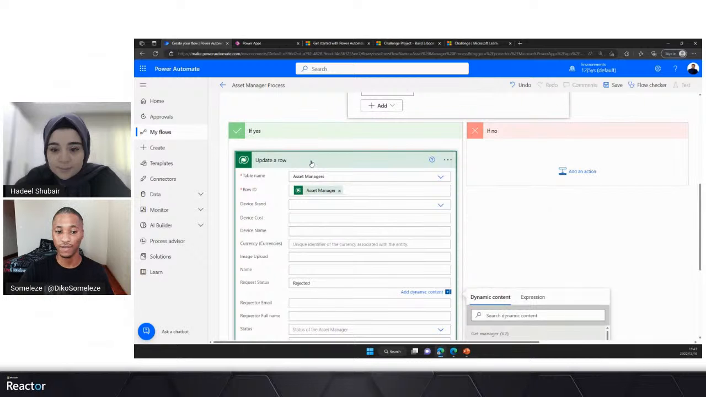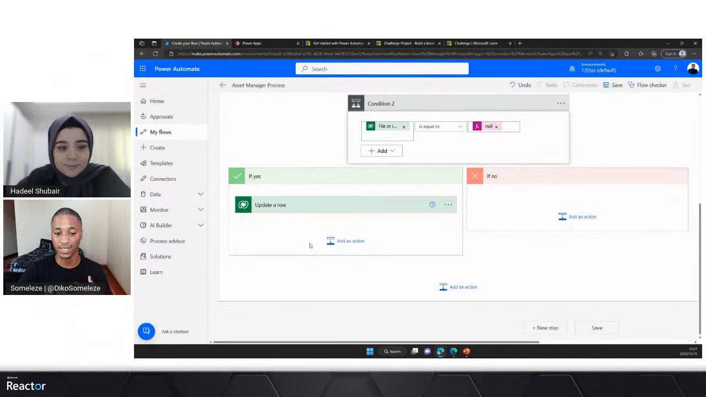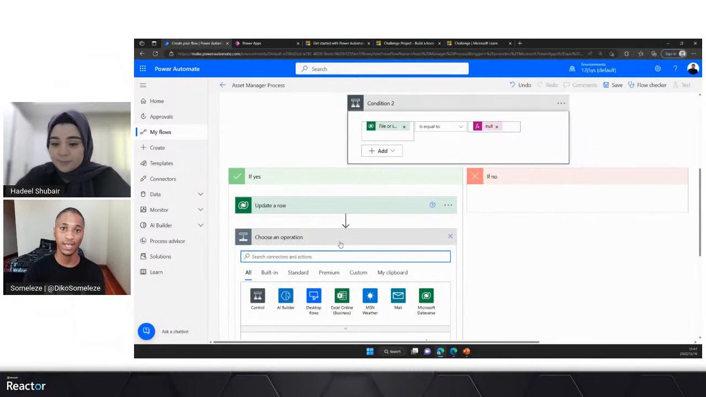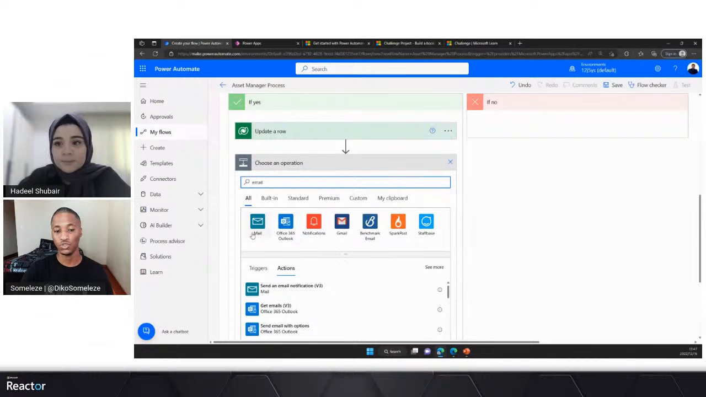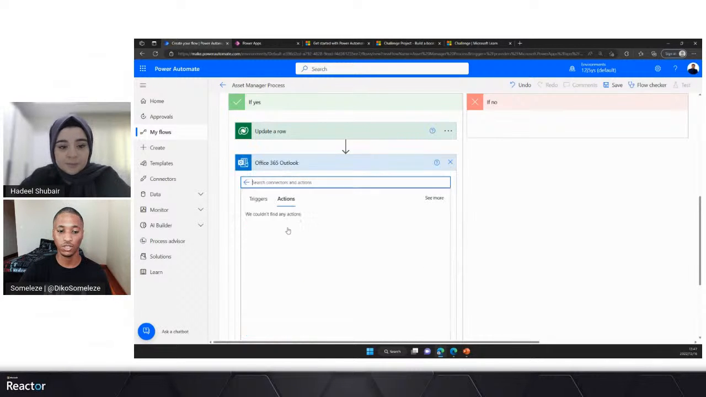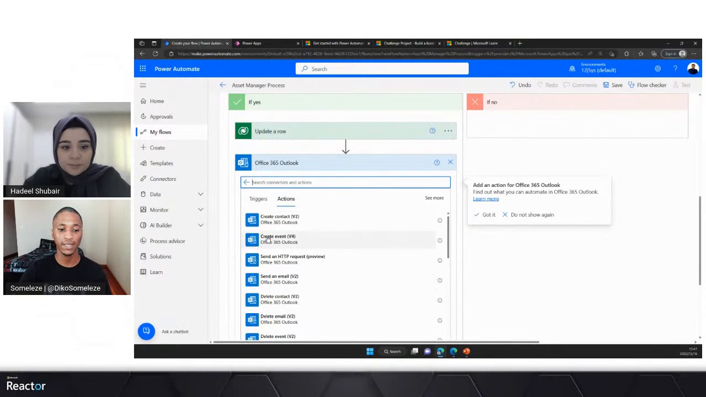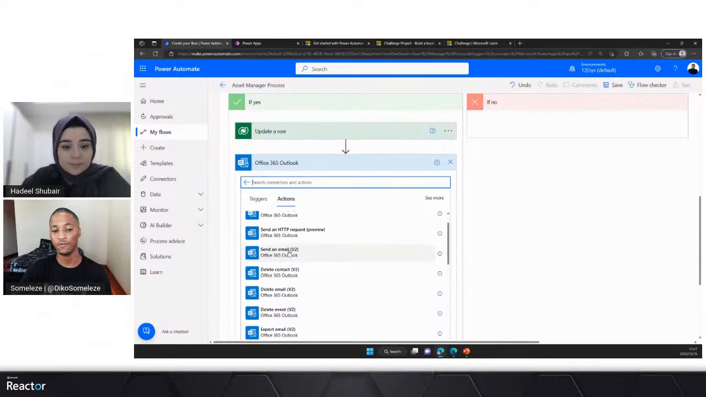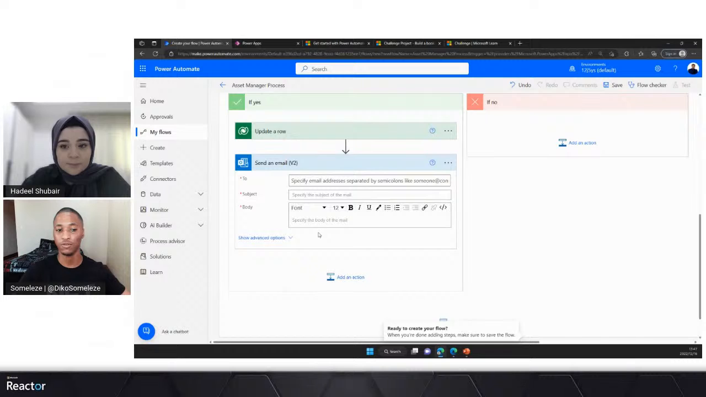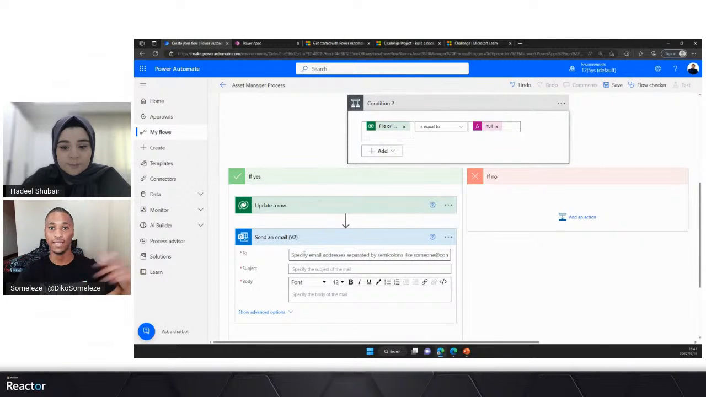Once we've updated the row and the request status, we then notify that specific employee and tell them that their request has been rejected. How do we do that? We send them an email. So you search for email and choose whichever email client you want to use. I'm going to use Office 365 Outlook, and then choose send an email v2 because I want to send an email to that specific